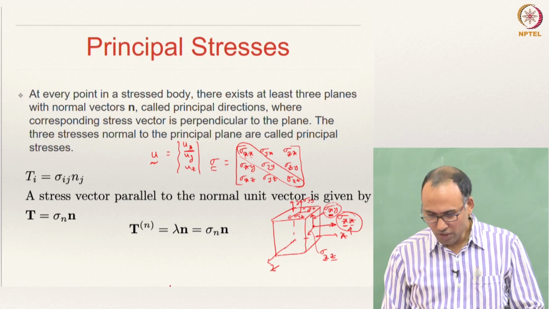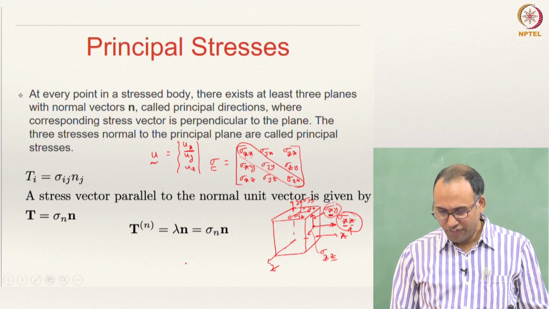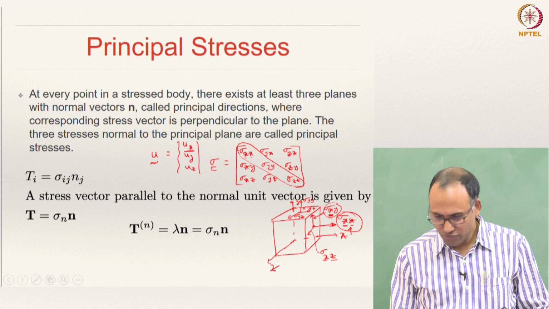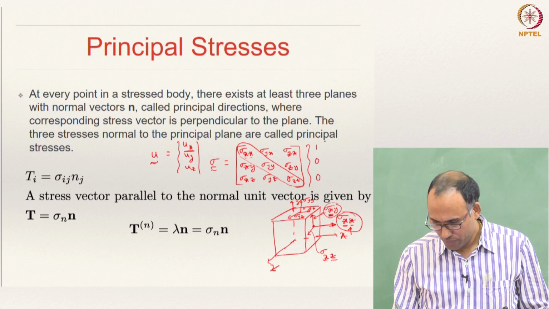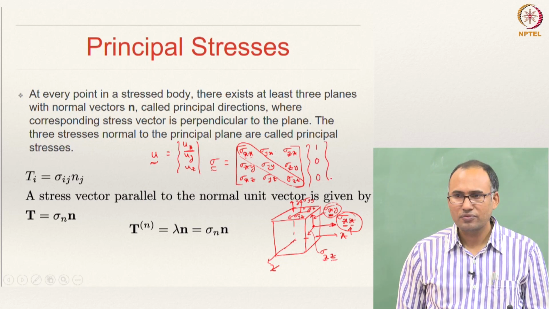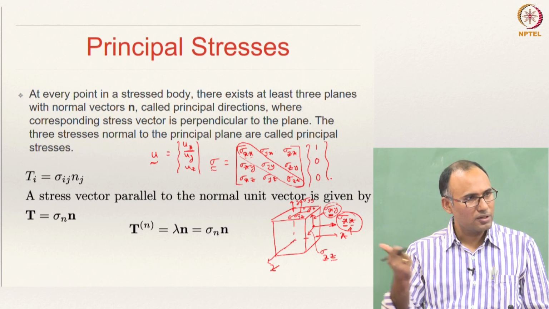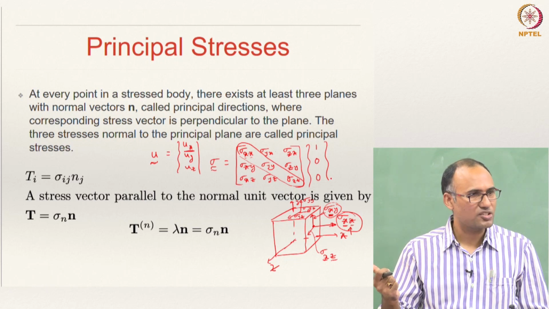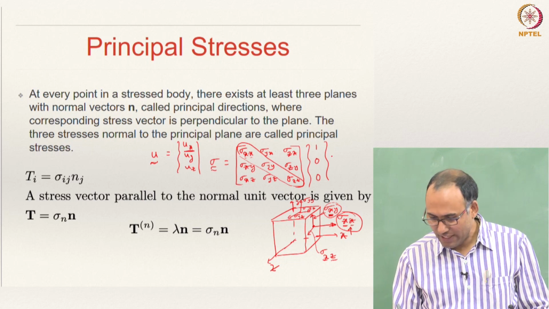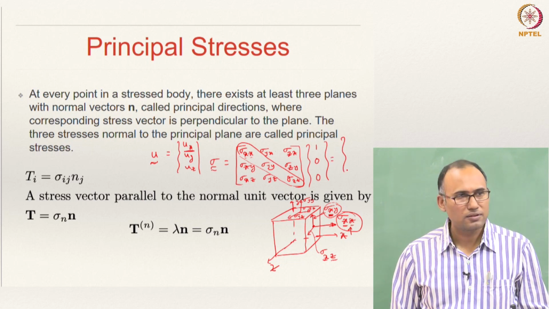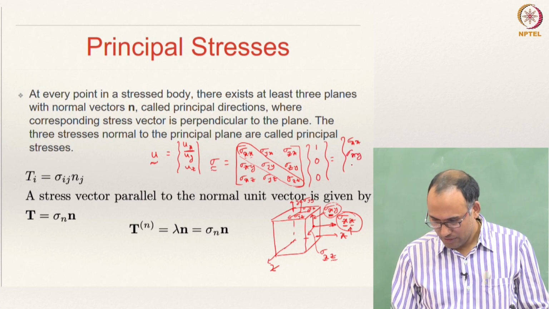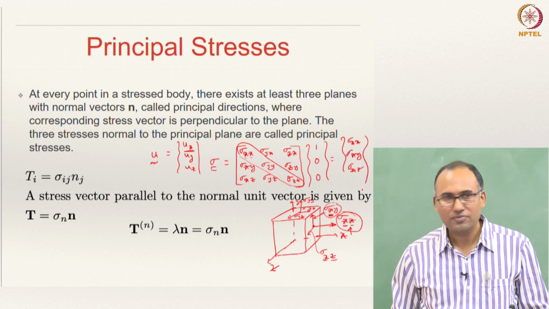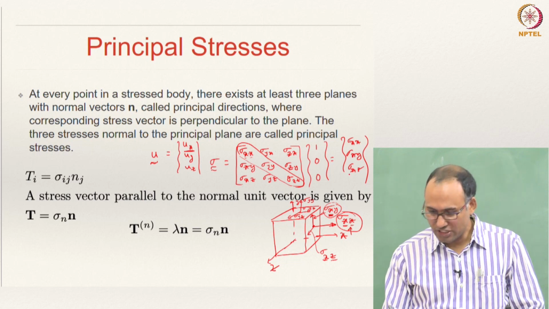Okay. Now, if I multiply this stress tensor with, let us say 100, what is 100? The normal, the unit vector in the x direction, right. What will I get? Sigma xx, sigma xy, sigma xz. So, what did I get? So, what is this?